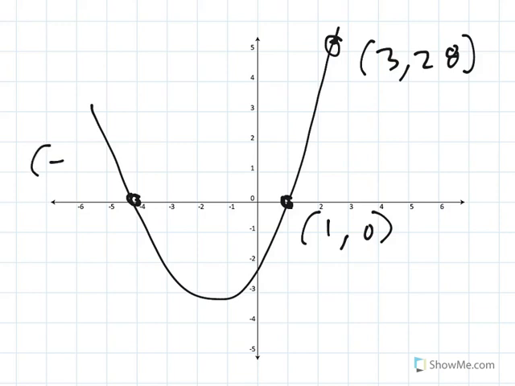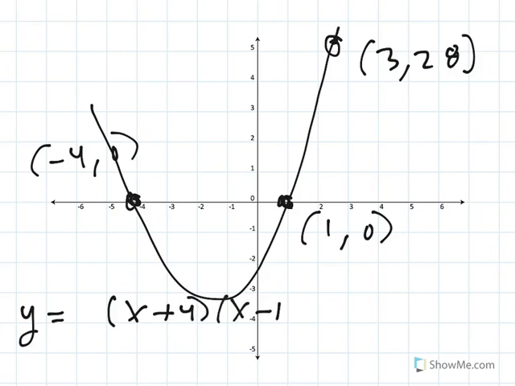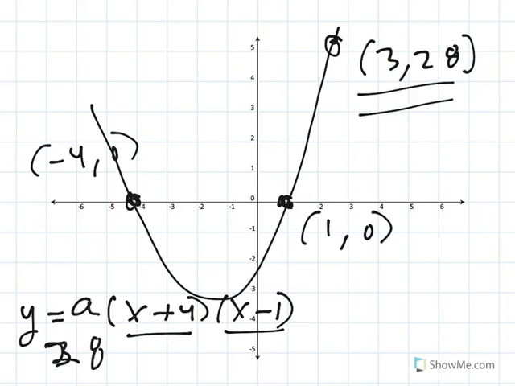1, 0, minus 4, 0. And here's how. If it has these 2 x-intercepts, that would mean that x plus 4 times x minus 1 would be part of the equation, because if you put negative 4 into this first term, you get 0, and if you put 1 into the second one, you get 0. So that would definitely give me negative 4, 0, and 1, 0, but it's not going to give me 3, 28. So I'll call that A for now, and then I'll plug in 28 for y, leave the A as an A, and put 3 in for both of the x's,